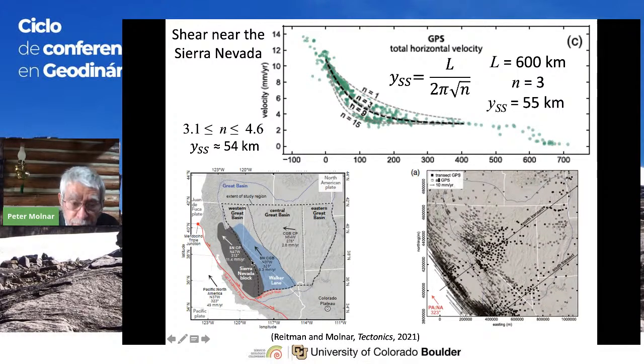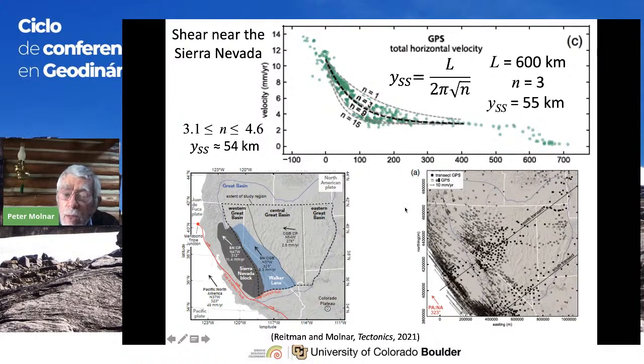The Sierra Nevada mountains of California act as a rigid block. They lie east of the San Andreas Fault, so the Pacific Plate is out here. The Sierra Nevada are essentially a rigid block moving a little bit more rapidly than California relative to the Pacific Plate. So they're moving northwest. They have a bit of motion relative to the region out in here.